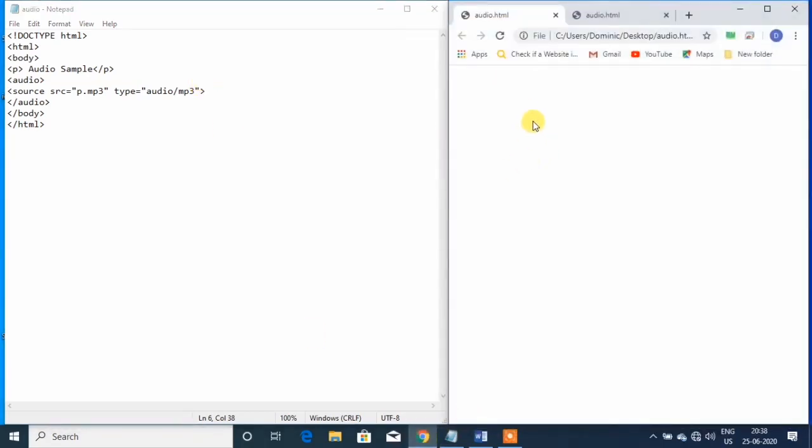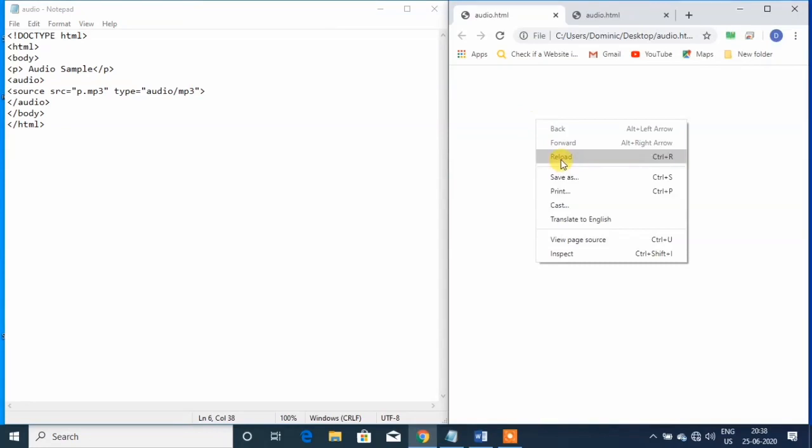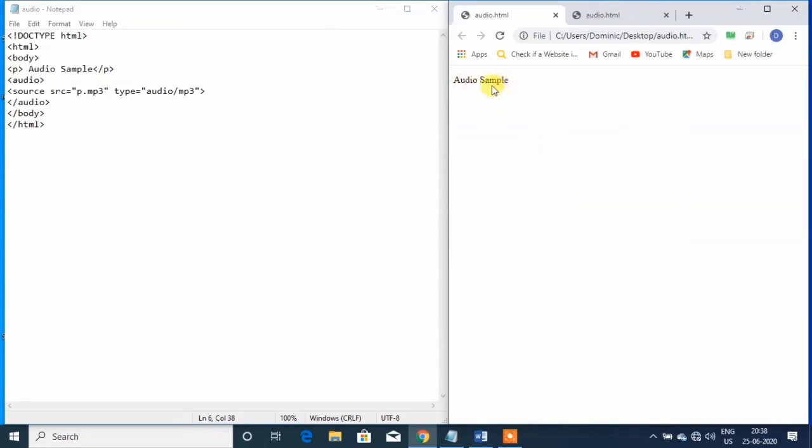and open it in the browser. You will not get any output, but only the audio sample, this page heading, because you have not added the controls. Now you have to add the controls attribute with the audio tag. Once you add the controls attribute, you will see the audio file with the controls. Controls means the buttons, play, pause.